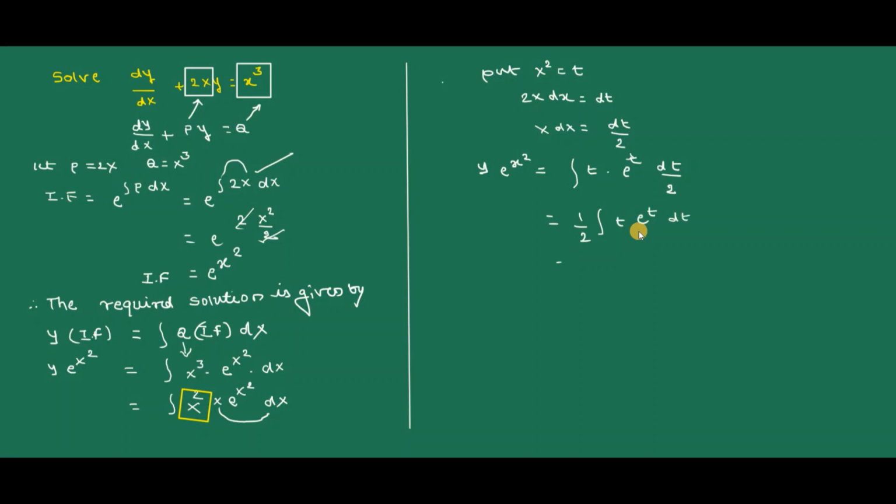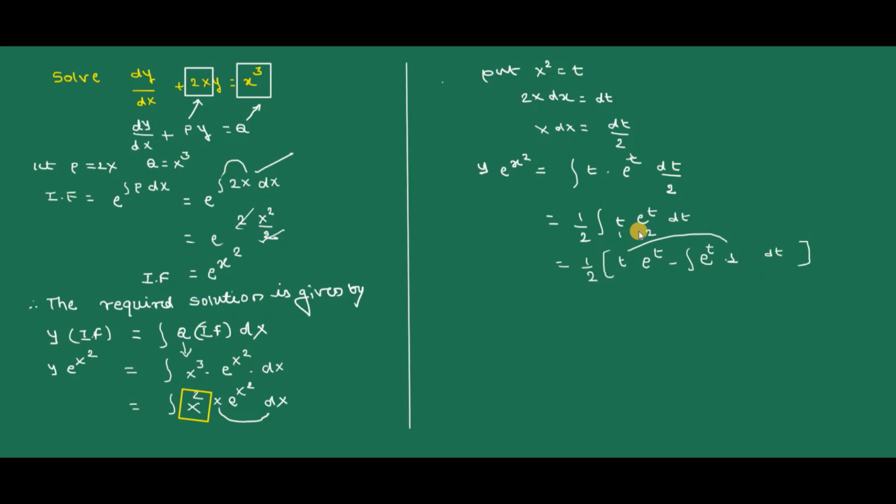Now to integrate this, I will write 1 by 2 as it is into bracket. So this is Euler formula. So first one this is, and this is second term. So first I will write t as it is. What is integration of e raised to t? Integration of e raised to t is e raised to t minus integration of integrated term and the differentiation of this first term. Differentiation of t with respect to t is equal to 1 into dt.